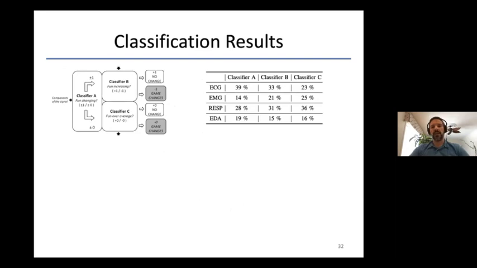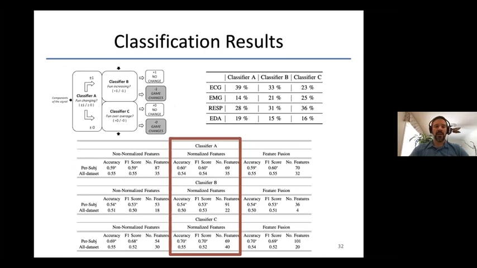So when evaluating the data, we first explored what modalities contributed the best for these things. And it turned out that heart and breathing rates were the best modalities. And then in the end, we looked at the effects of normalization, fusion of features, and so on. So as you can see, accuracy wasn't that high. We're talking about F1 scores of 0.7, but this gives you an idea of the potential that there is with monitoring gamers in real time and adapting games in real time and so on.